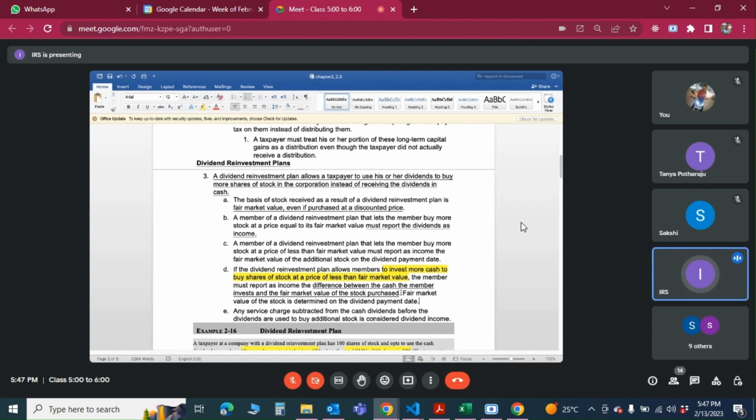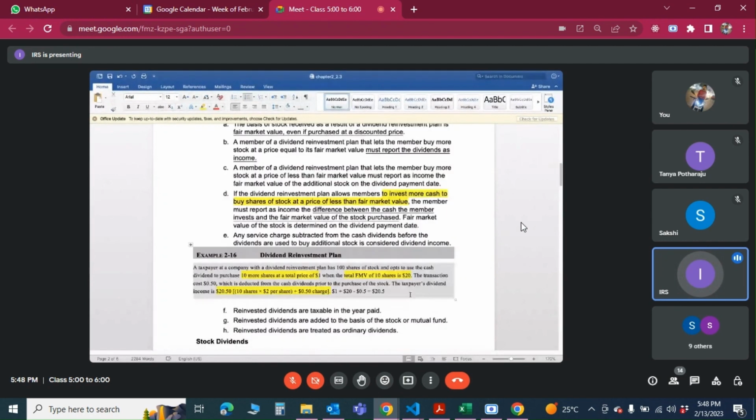And the fair market value of the stock is determined on the dividend payment date, because this is dividend reinvestment. The moment the dividend is declared, you have already instructed the company that you want to reinvest it. So whatever the value of the stock is on the dividend payment date, we need to compare it and see, is that all happening at fair market value? Fine, no problem. Is there something where you're getting special treatment? The outsiders are buying at $15,000, but you, being an existing shareholder, are getting it at $12,000. So obviously there is an income element there for the shareholder, and that has to be reported as taxable.